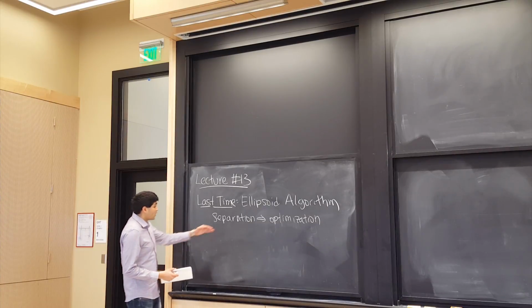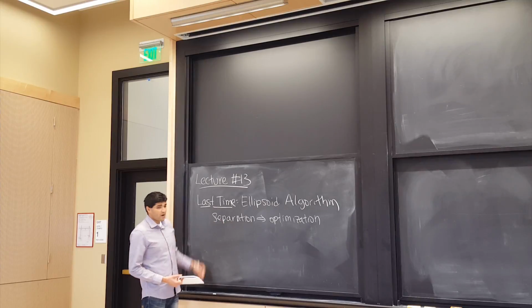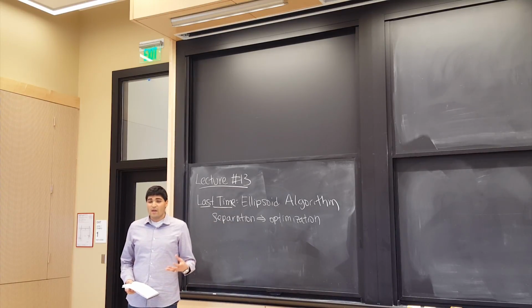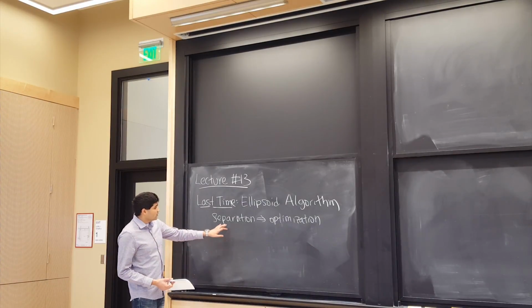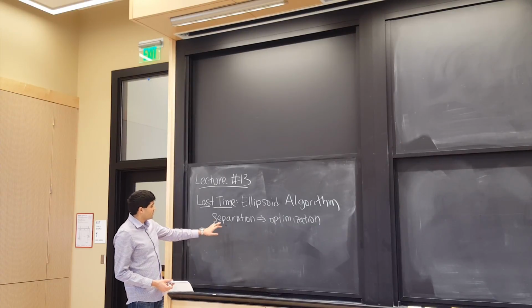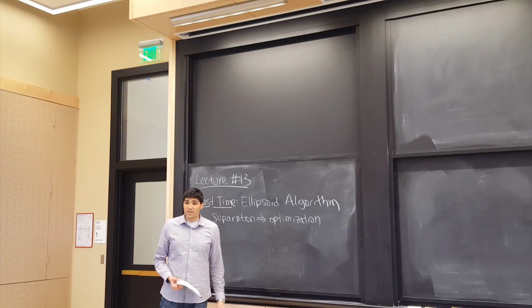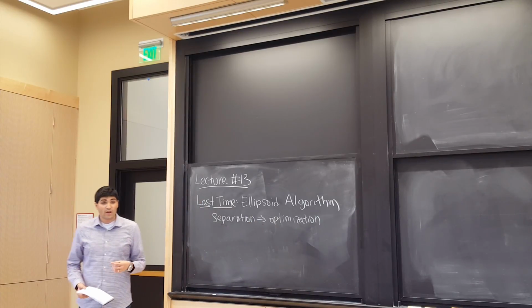That's something that's utterly trivial to do for something like a linear program, because how would you build a separation oracle? You just look at it and check. If one of the inequalities is violated, then that is your separating hyperplane right there. So we used the ellipsoid algorithm as a way to go from separation to feasibility to then optimization. Now there's this catch that we talked about, and a lot of people brought up, that